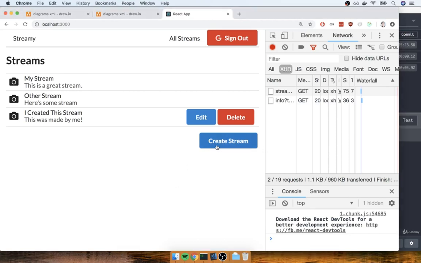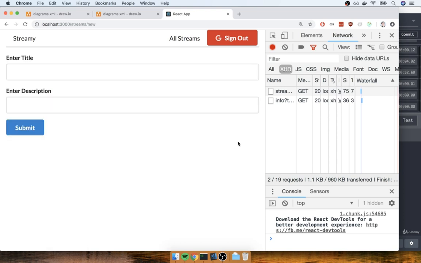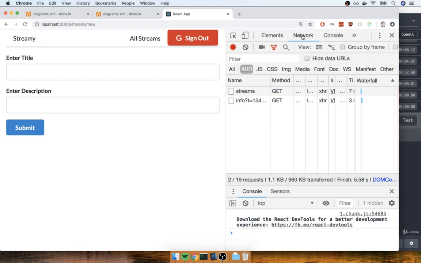In the last video, we got our Create Stream button to appear on the screen. Now, I want to go back over to that form right now, and I want to point out some really interesting behavior about how our application currently works. So I'm going to go over to the Create form. I'm going to make sure that I'm signed into the application. I'm also going to make sure that I have my Network Request tab open and that I'm sorting by XHR